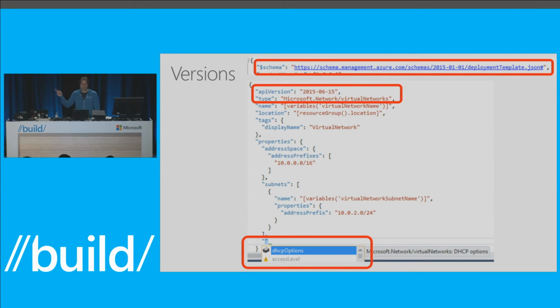The other important point is that $schema up at the top of every template. It's actually important. It tells Visual Studio where to go get the JSON schemas for all the resources. What happens is we update it automatically. So when a new version comes out, we actually put out a JSON schema out there, right, that is referenced by that schema. And so if you're sitting in Visual Studio, just because we got a new version of some resource, you can immediately start using it in your Visual Studio. It dynamically pulls this information. It's not built into Visual Studio. It dynamically pulls information about versions and tells you what you can use when you're developing against these Azure templates.